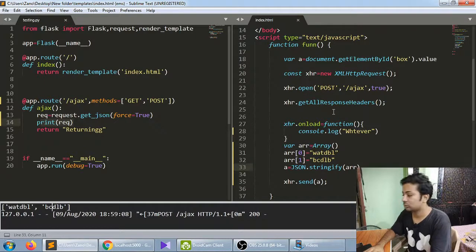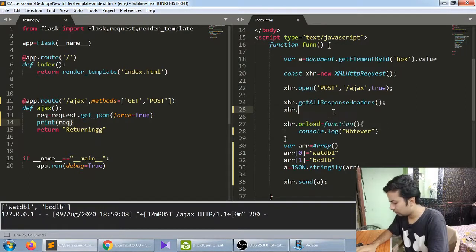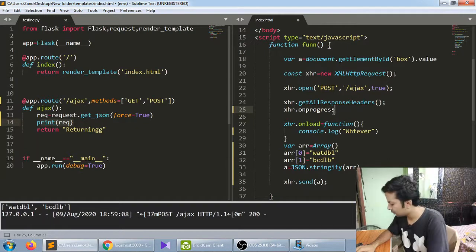Yeah, this is all the stuff. One thing more, I just totally forgot, sorry. Suppose xhr dot on progress, it's not really necessary but sometimes makes sense, you'll know when.